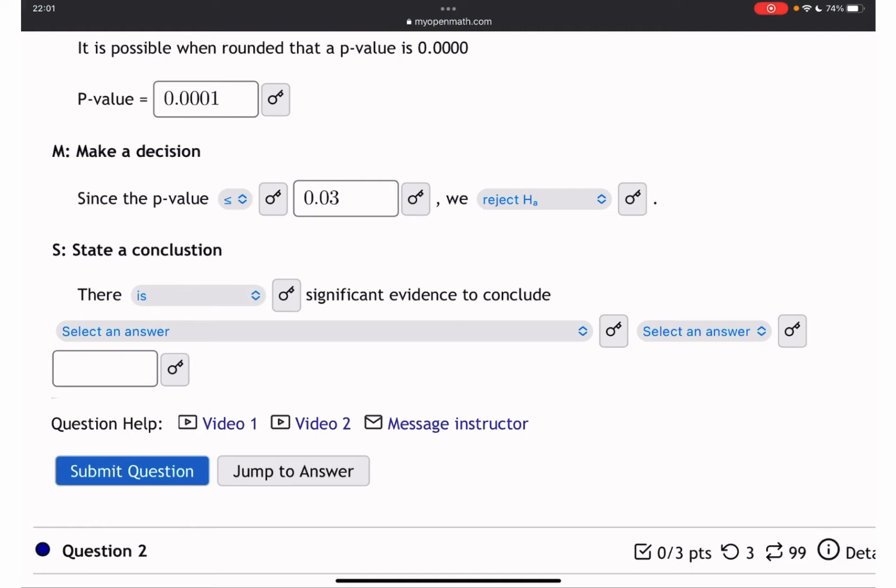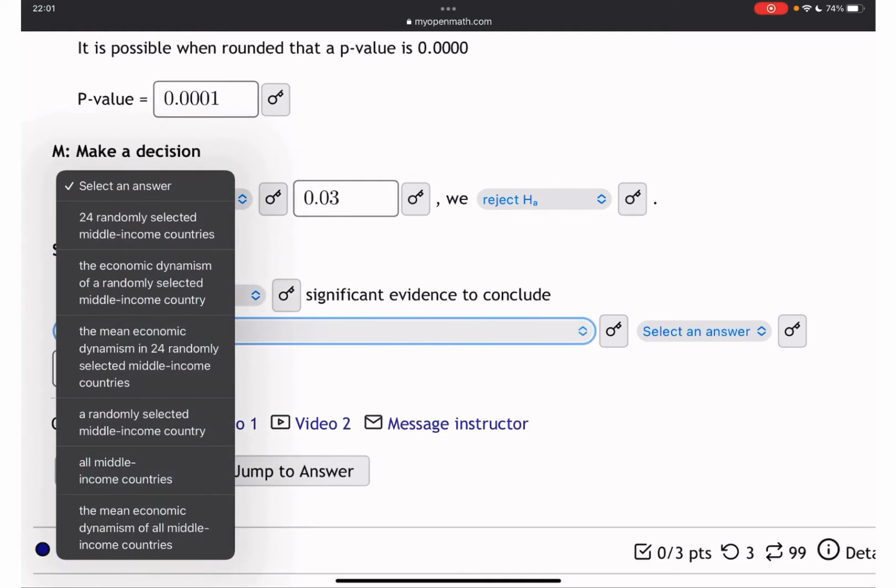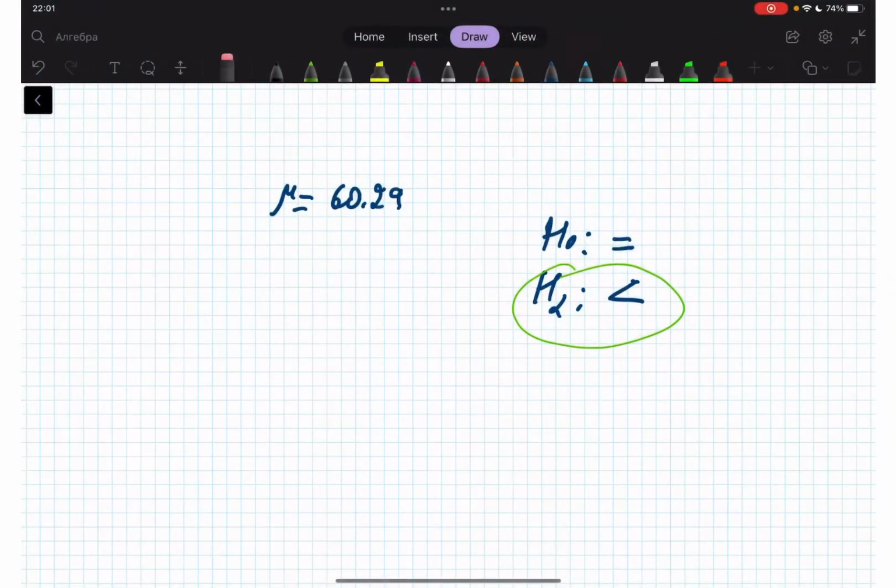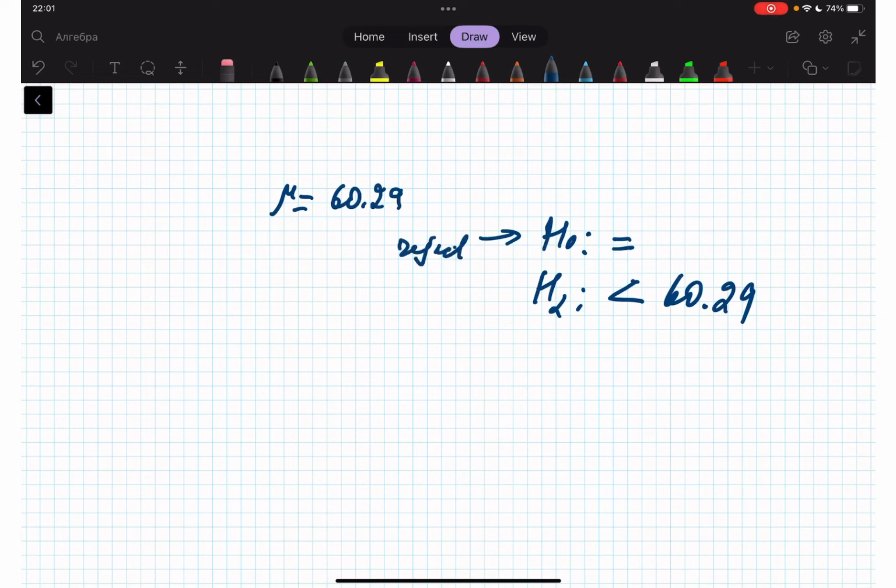So there is significant evidence to conclude that the mean economic dynamism of all middle income countries is less than 60.29, because our claim was the alternative hypothesis, right? This was our claim. The null hypothesis is the complement. Now, since we reject it,